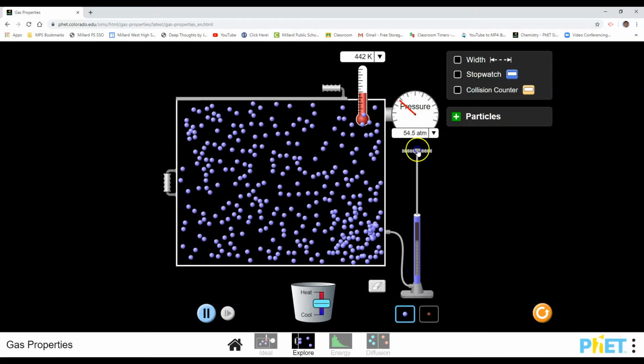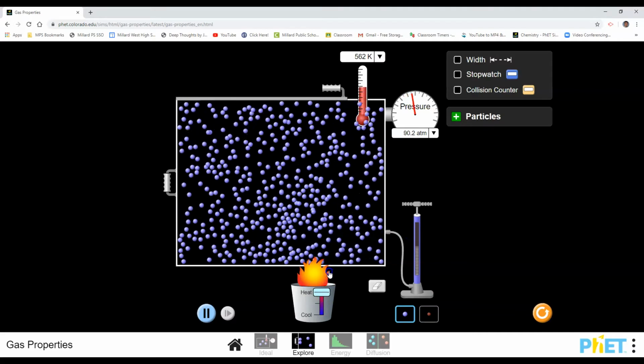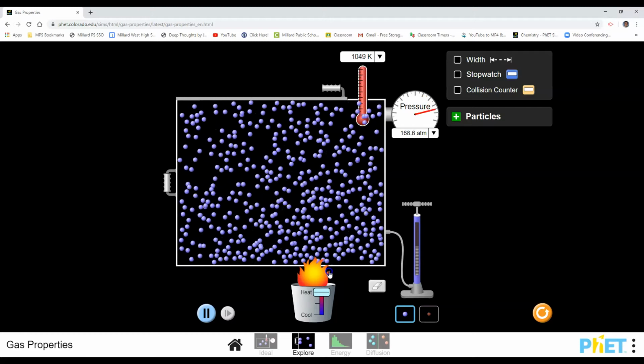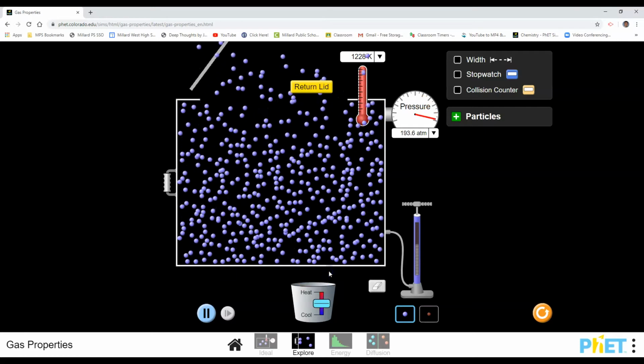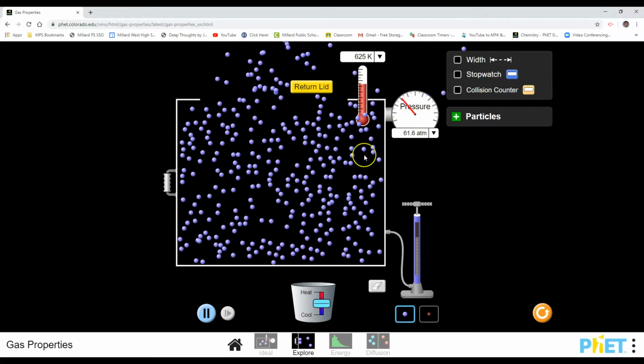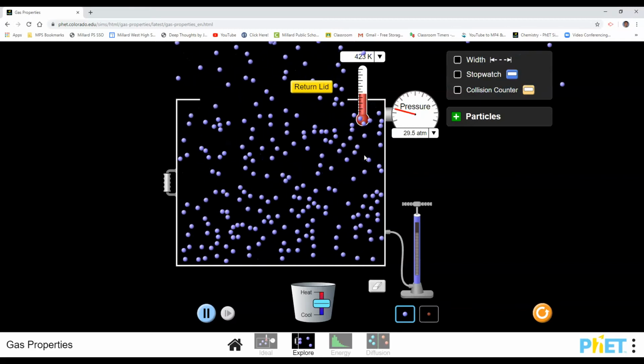I can probably share a link, and if you guys want to play around with it, it's kind of a fun simulation just to see what happens. And if I keep going, keep adding pressure and pressure, it's building, building, building inside here. Eventually, you blow the lid off and all those particles escape. Pressure drops, temperature drops. But just some kind of neat thing just to play with.